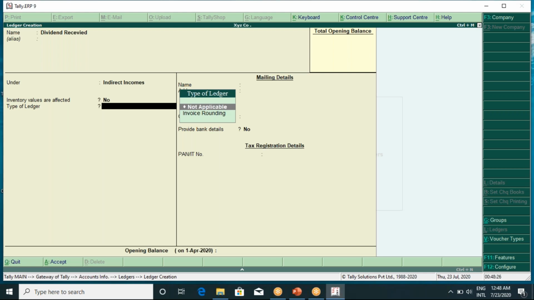This one is also indirect income. Dividend comes under the stock market. If you invest in the share market, the company you invested in will issue dividends, and those dividends should be treated as income. Next one,